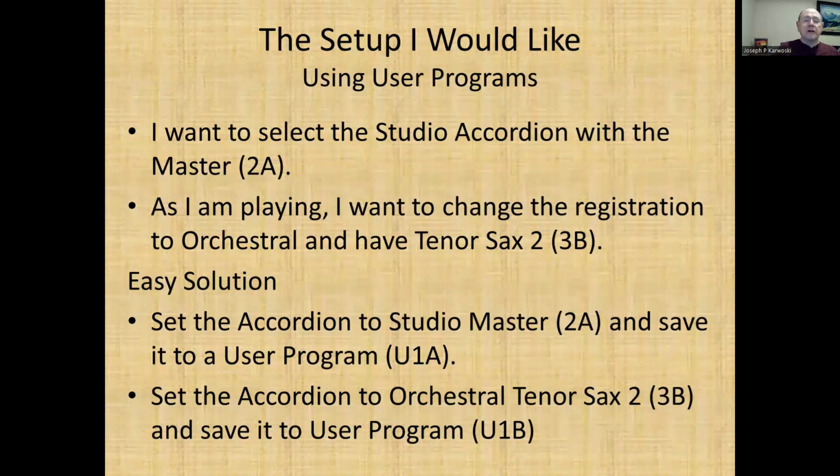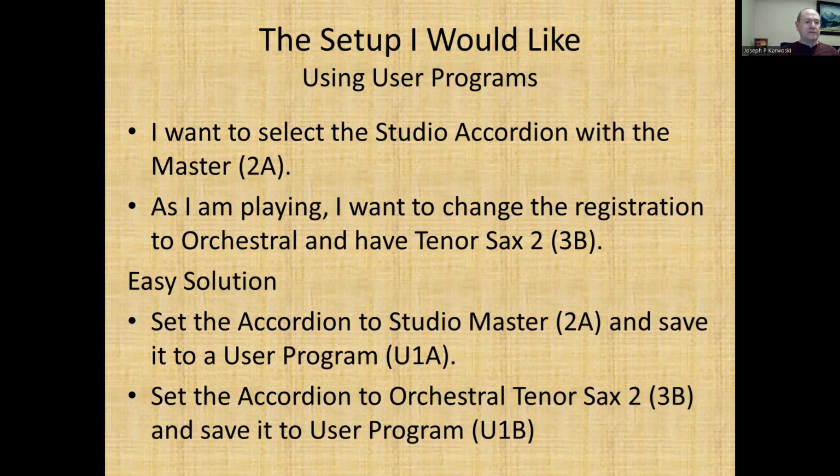Now, as I am playing a song, I want to switch over from the accordion sound to, let's say, the tenor sax, as I have here, which is 3B. Okay, so I would have to hit the orchestral and go to tenor sax 2B. Now, the easy solution